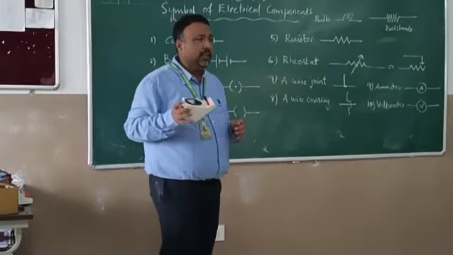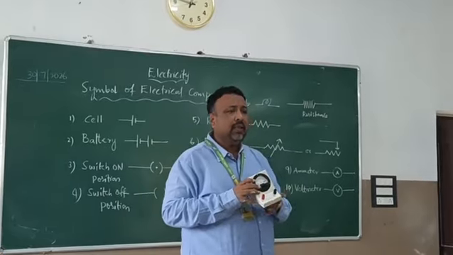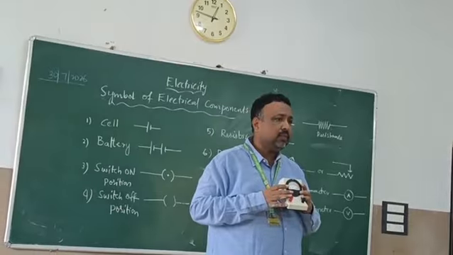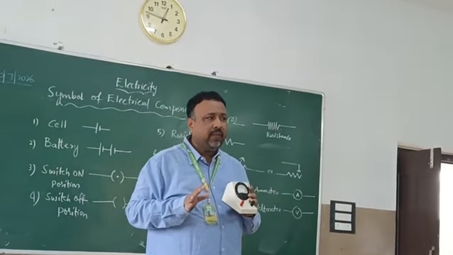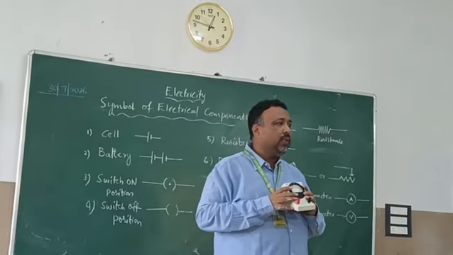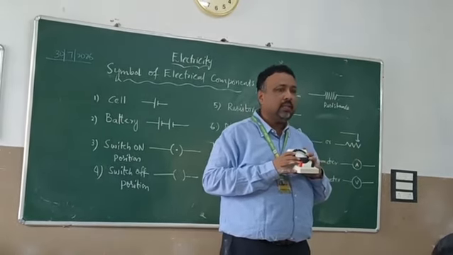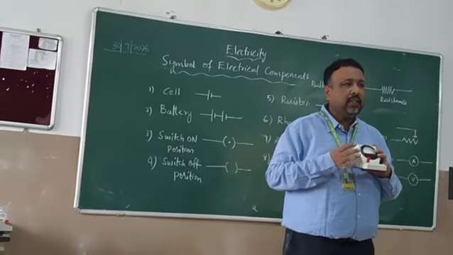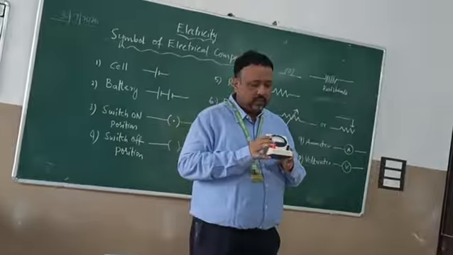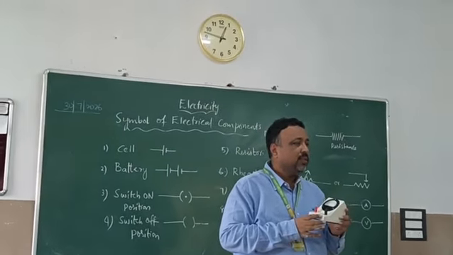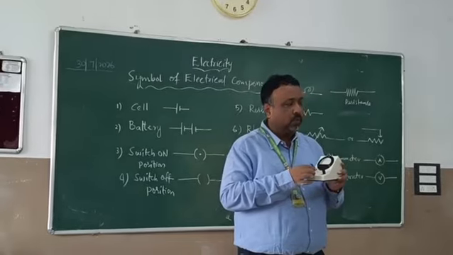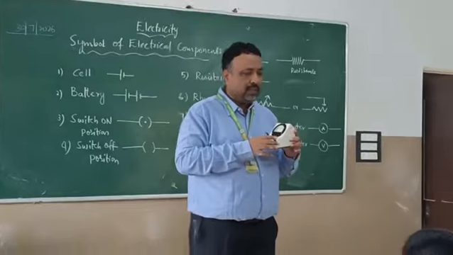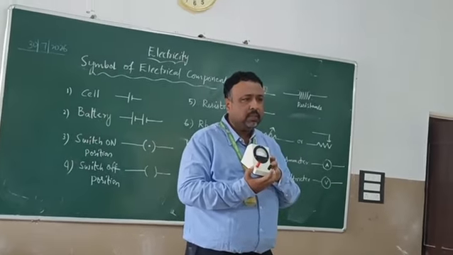So what is an ammeter? An ammeter is a device which measures the value of current. You need not sit in front of the wire and count the electrons. You cannot see them; that is the first thing. Can you see the electrons? Then you could get the Nobel Prize. So you get the Nobel Prize if you can see electrons. We don't have such scope to see electrons, but we can count the number of electrons going in one second. So that is done by whom?